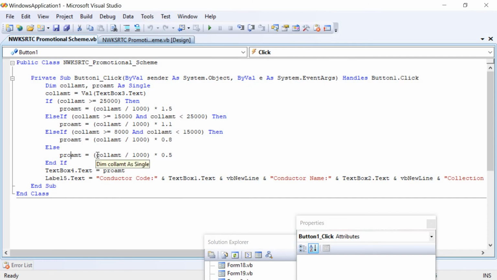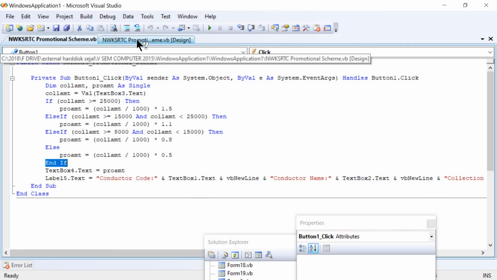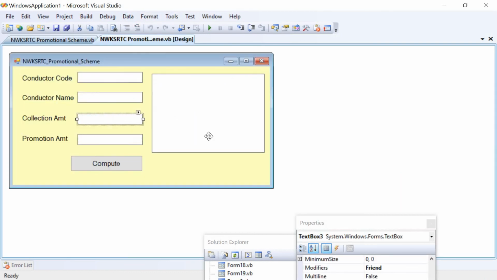If the particular expression is taken within a set of parentheses, this will be calculated first and later its value will be multiplied with 0.5. Then the if statement will end with End If. Then we have to display the promotion amount. Promotion amount will be displayed in text box 4 as per the design.